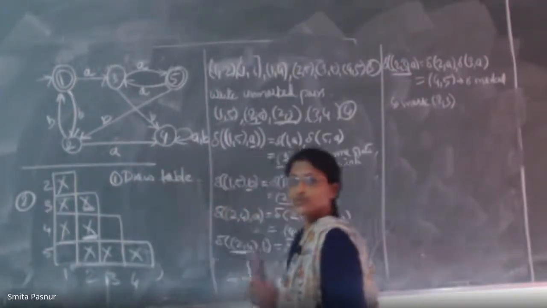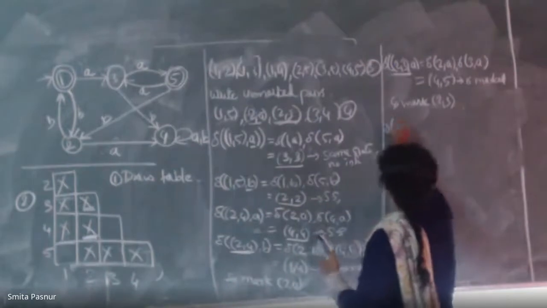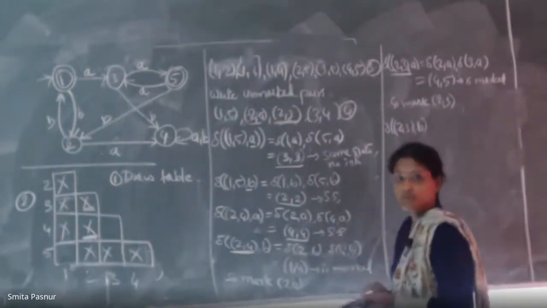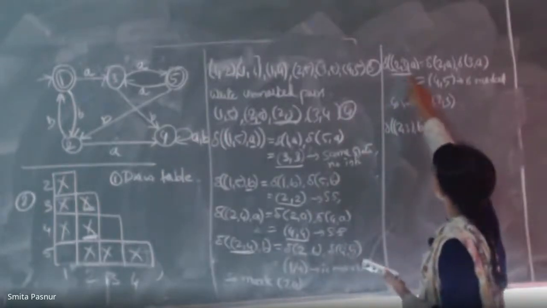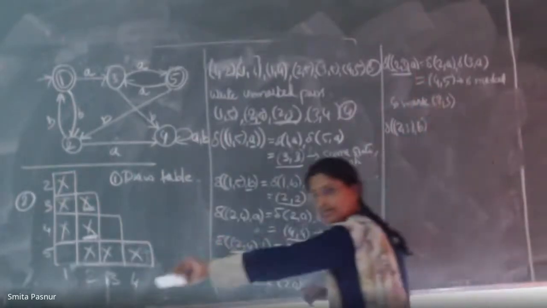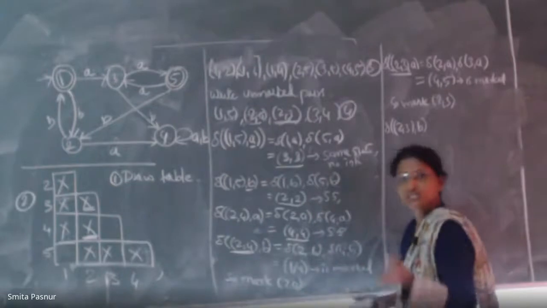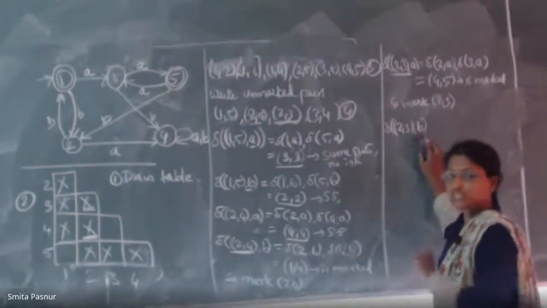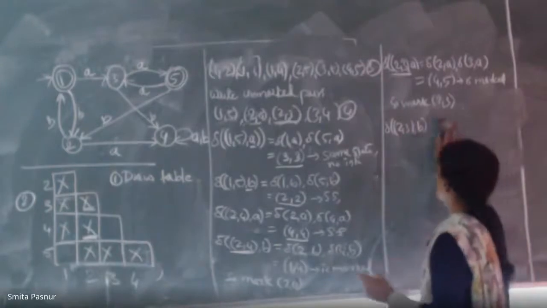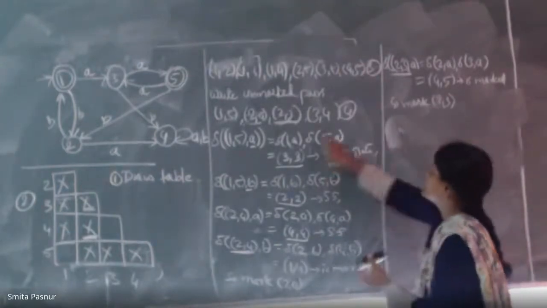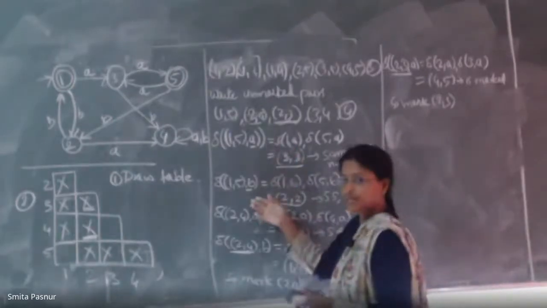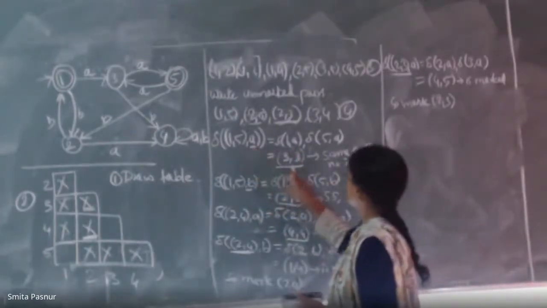Then what do we have to do? Now here we do not have to go for B. I don't want to do this now, because once I got A marking, I have done marking in the matrix, so it is finished. There is no need to go for B now. Are you getting me? There is no point in going for B. Directly you can go for the next pair here.